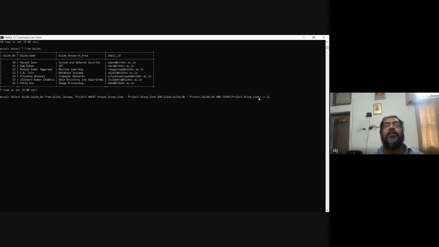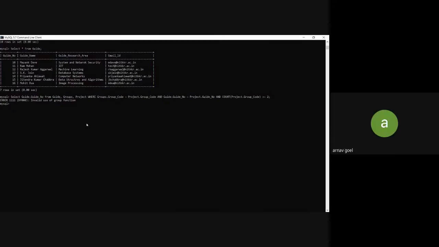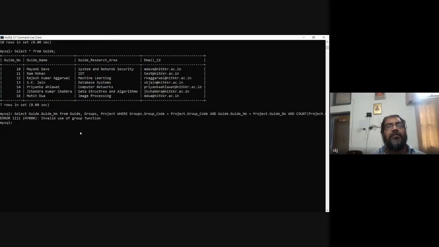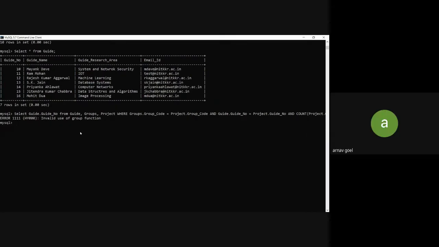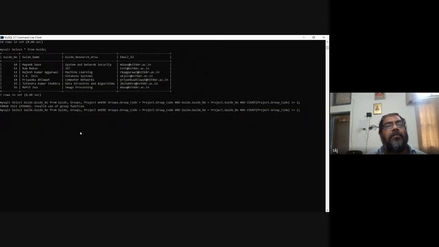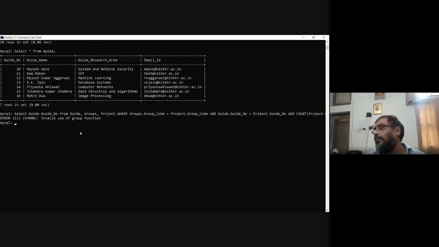ठीक है, ये भी तरीका होता है, लेकिन चेक करो इसको। नहीं आया। It's saying invalid use of group function. It's saying group function, so I think I may have made a mistake. So I'll just check. Here you have written group, एक होता ग्रुप बाई।